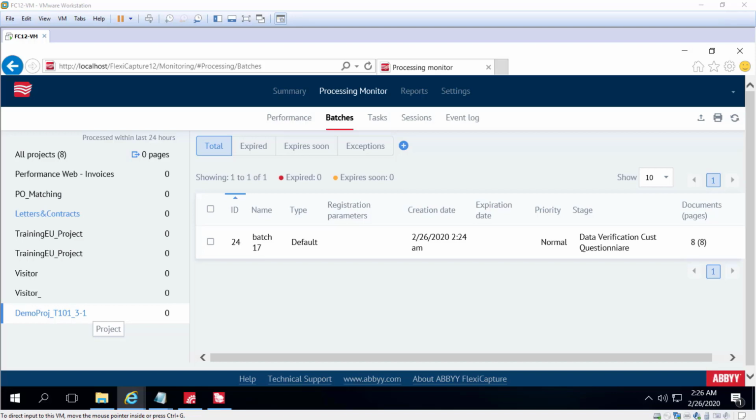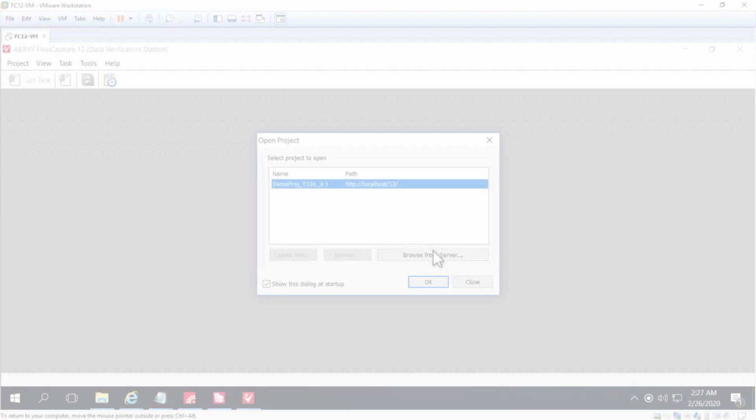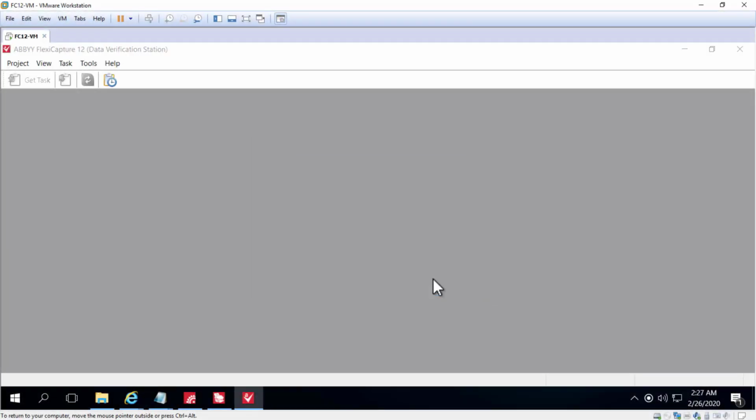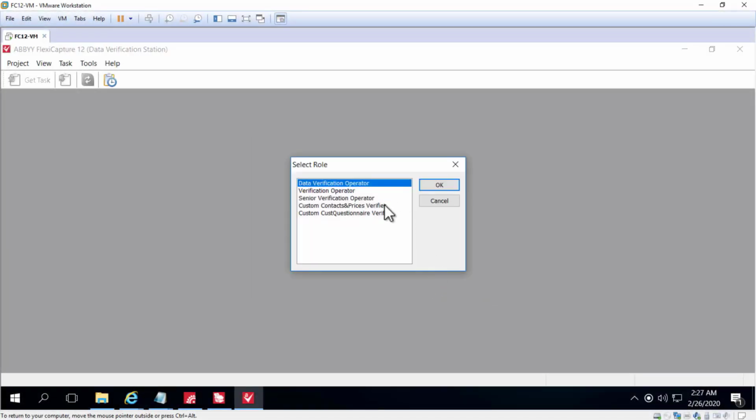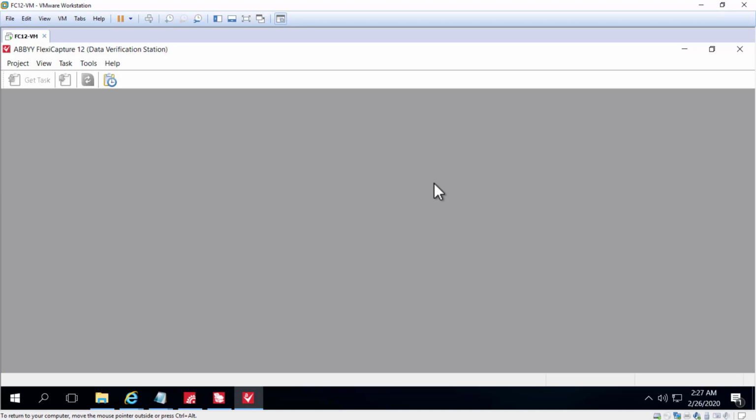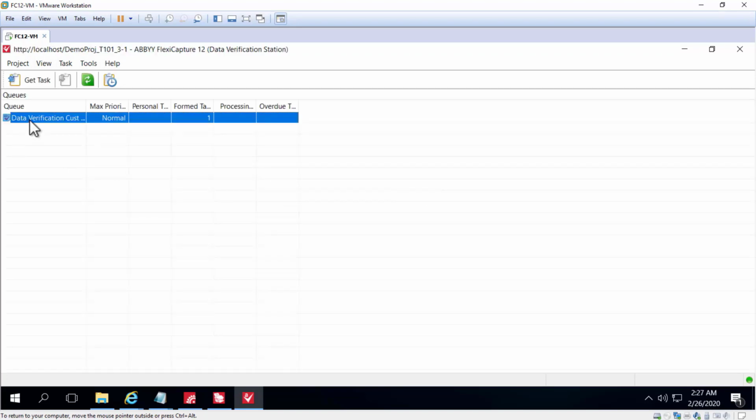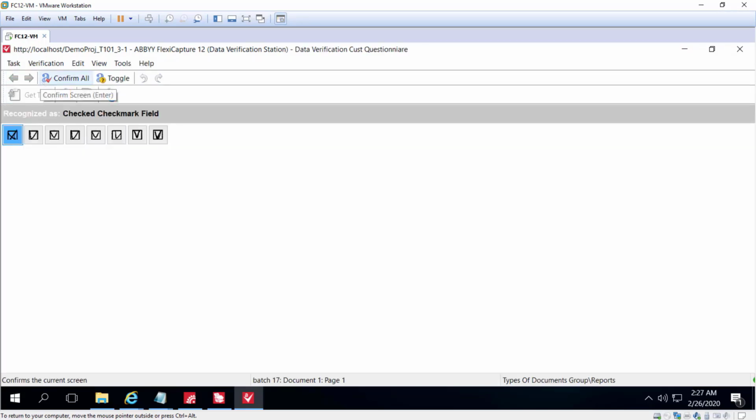We can then open the data verification station, and we'll select the proper project, and we'll select our custom role here. And here's our task. We'll go ahead and get the task, and we can perform data verification.